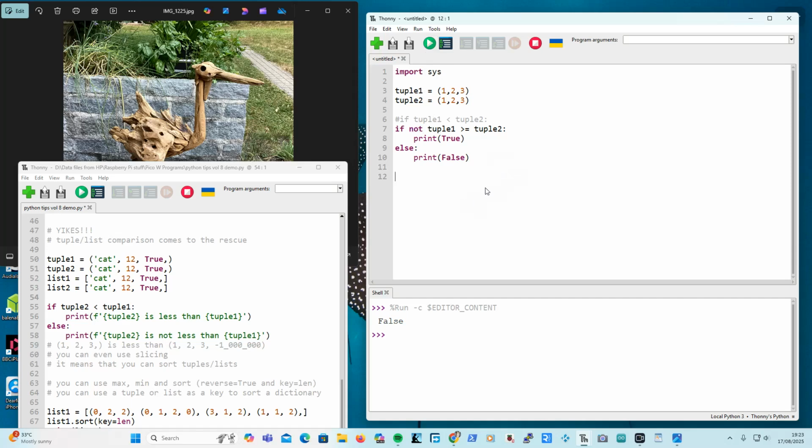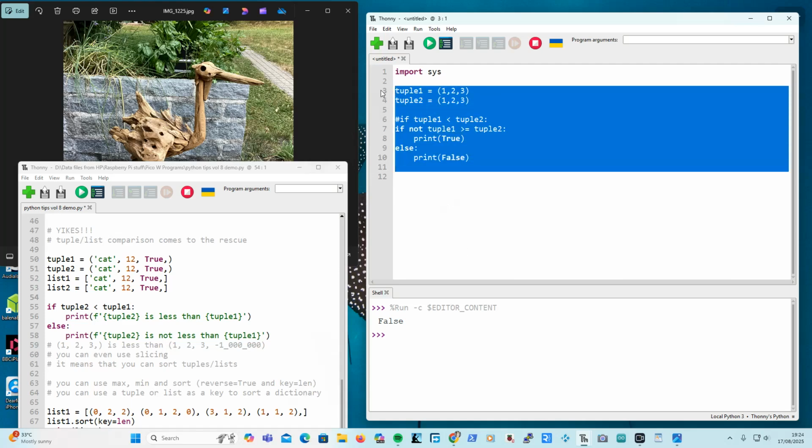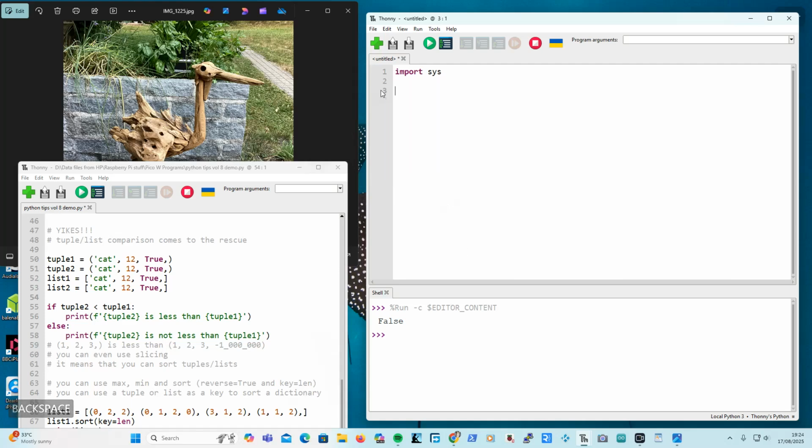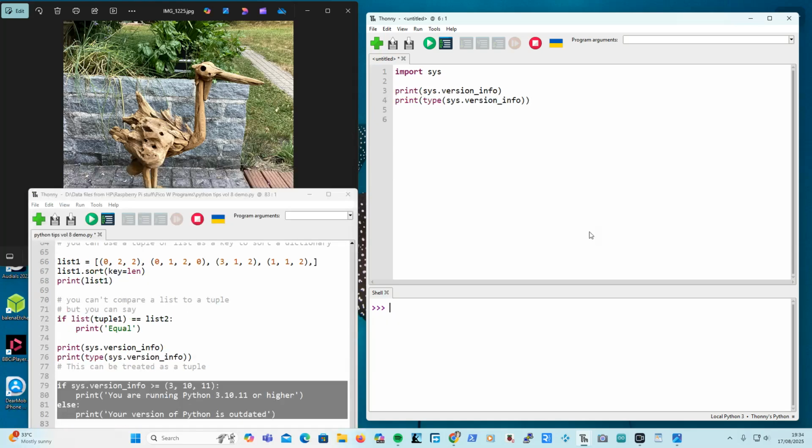So that is enough on that. I just wanted to do something. And of course, with these less than and equal tos, you can use min and sort and max for things like that. So back to what we were actually doing. Getting back to the whole point of the exercise,